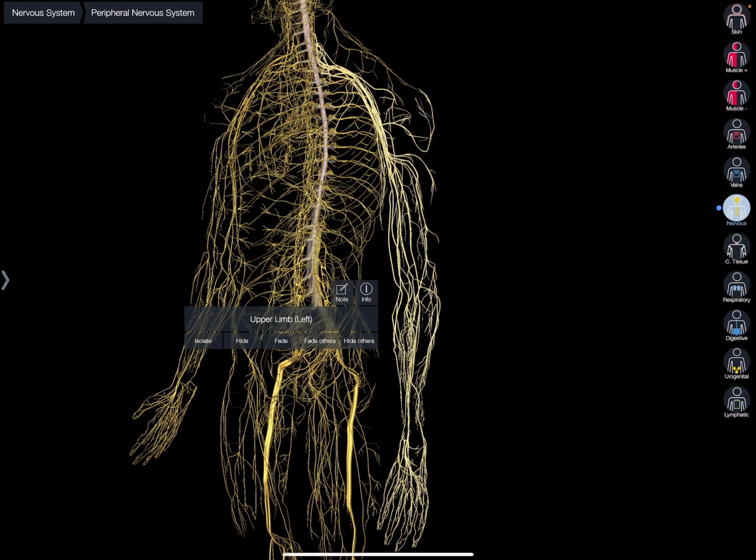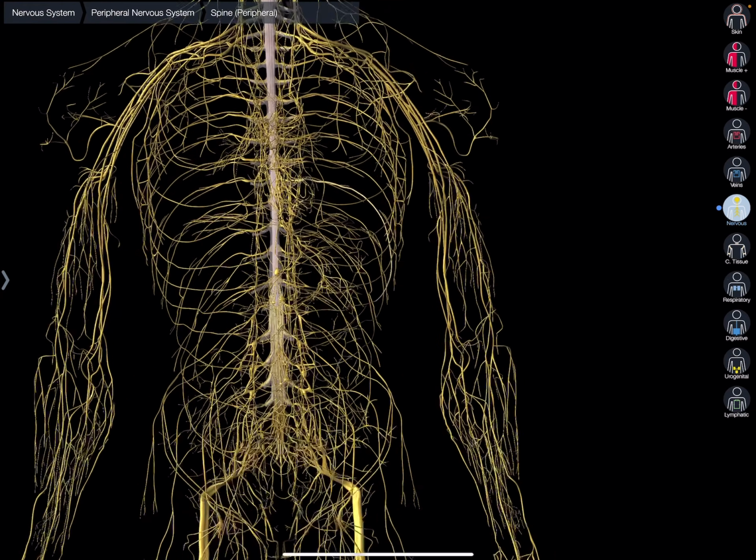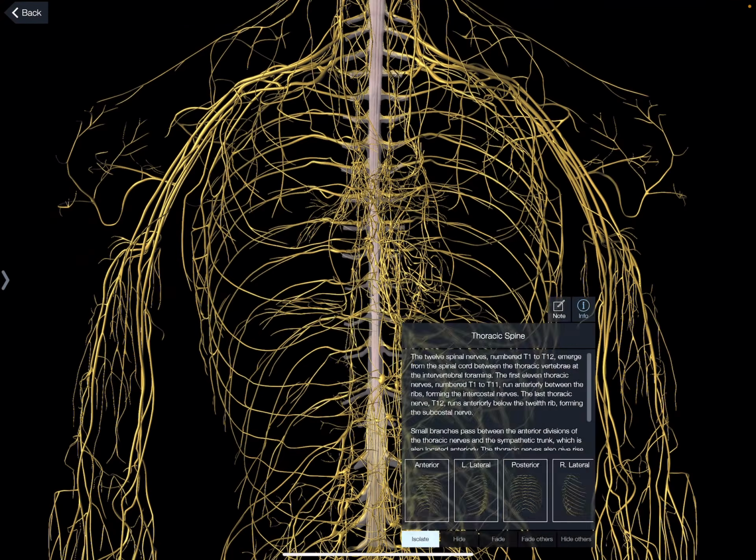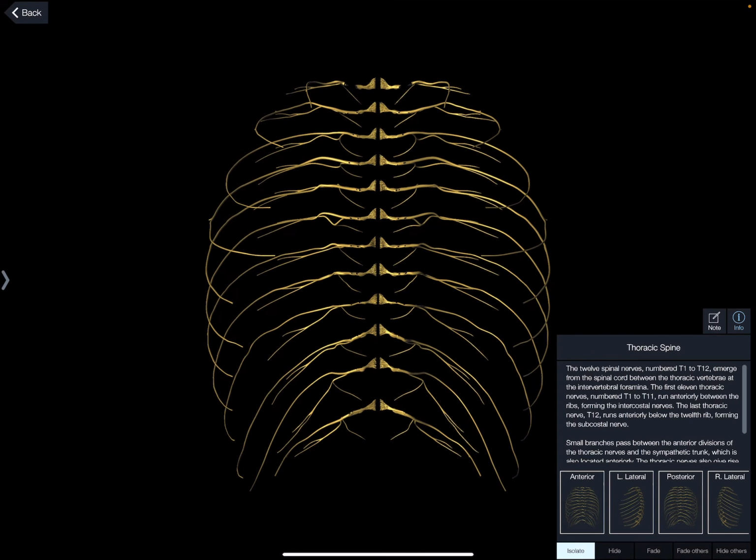Now, as we look in, we're moving towards the thoracic area. We're going to have a look at the thoracic spine. There's no plexus for the thoracic spine. You can see there's no braidings. They stay as individual nerves. And this is important because what you're going to find is there's 12 pairs, right? So remember, there's